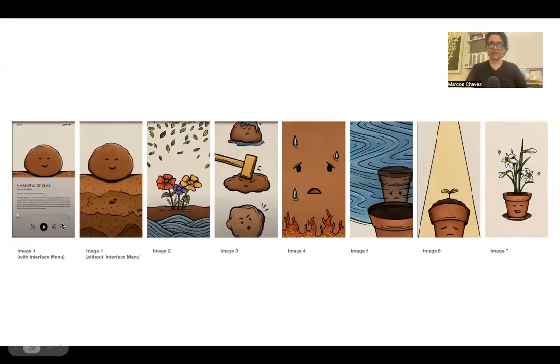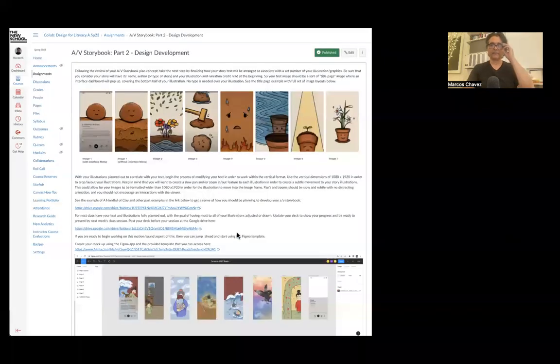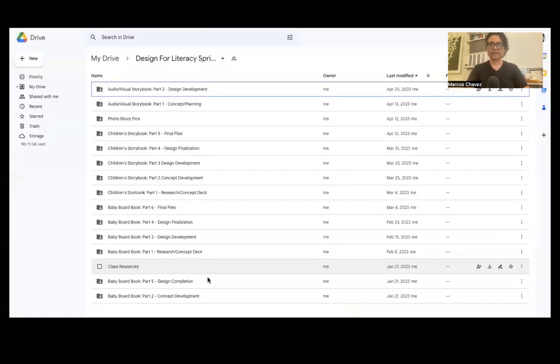And then here's the full revised storyboard with final drawings, and you can see here it has this change. So this is on Canvas with links to a bunch of things, including the archive and the Google Drive, of course. And even though this was part of the week 3 assignment, I put in the